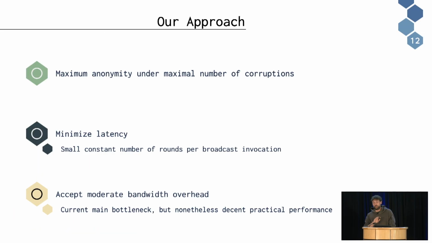Well, we pick one point in the design space, and we don't claim that this is the ultimately best protocol for any application, but we claim that it is interesting for some use cases where we optimize certain of those properties. So what we do here is we say, okay, we would like to have a maximum level of privacy and anonymity, in the sense that we would like to tolerate as many corrupt parties on the network as possible, and we would like to provide as strong as possible anonymity guarantees for the participants.